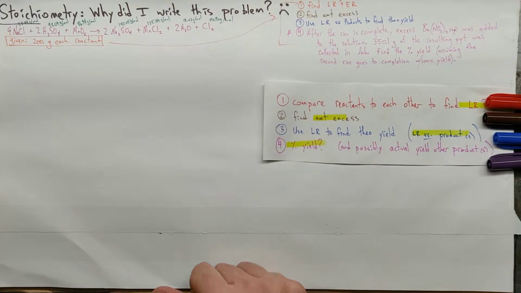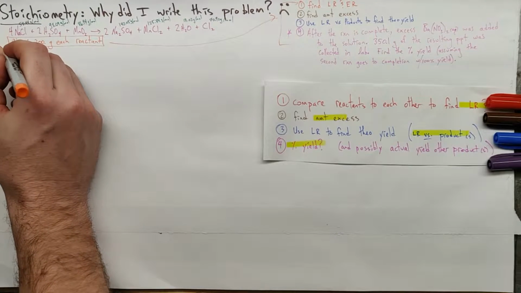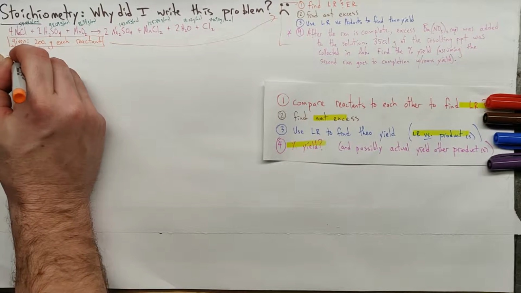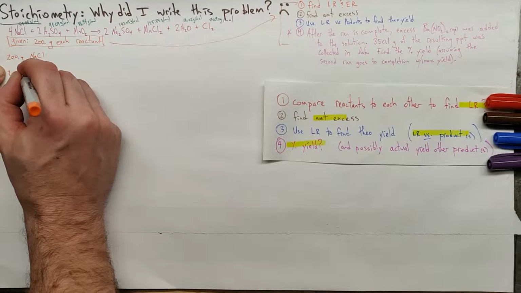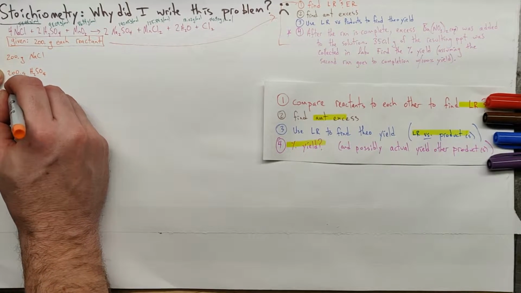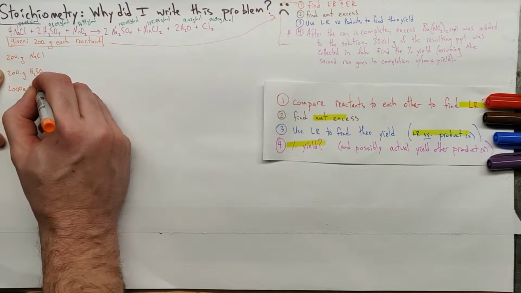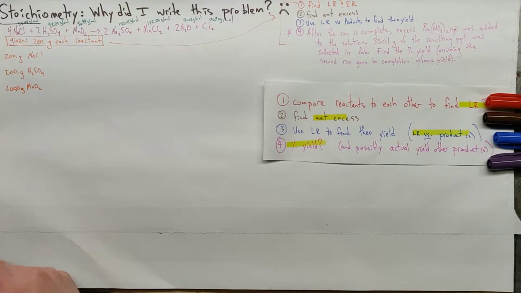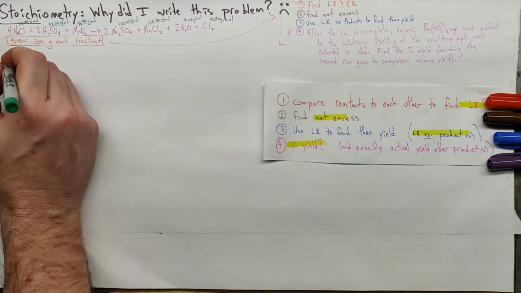We got to get moles first. Let's jump right in. 200 grams of each reactant given, so I've got 200 grams of our NaCl, 200 grams of the sulfuric acid, H2SO4, and 200 grams of the manganese dioxide, which happens to be an oxidizing agent and works pretty well at decomposing peroxide. We're going to divide by the molar masses. That's